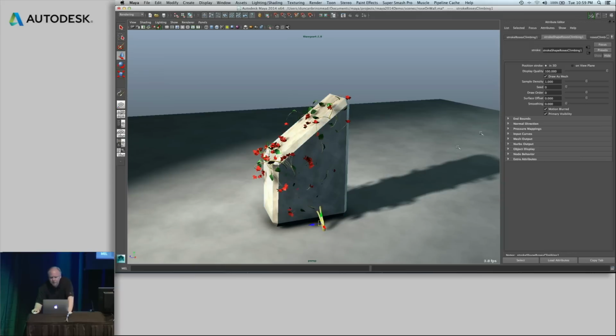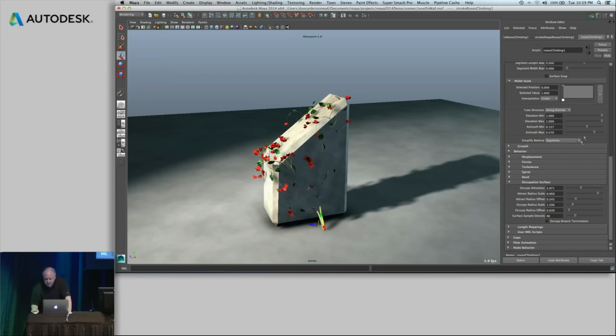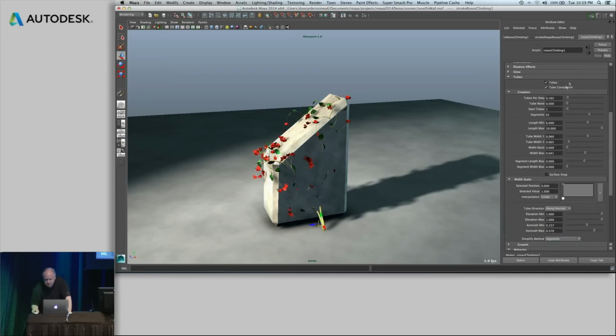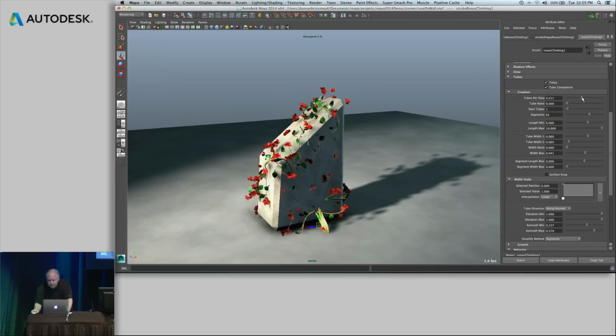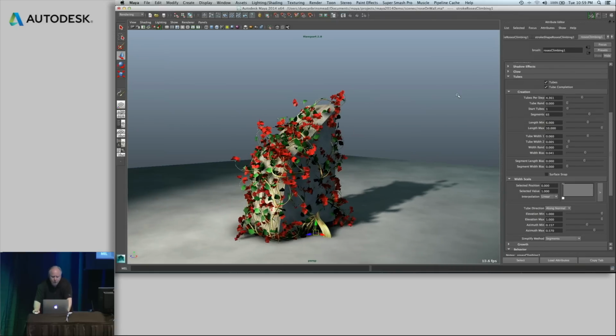We could go into the stroke, and I'll add a little bit. Let's increase, say, the tubes per step to get a little bit more branches there, maybe a little higher. And then it is a little bit noisy when you do things, but it is possible to animate growth with